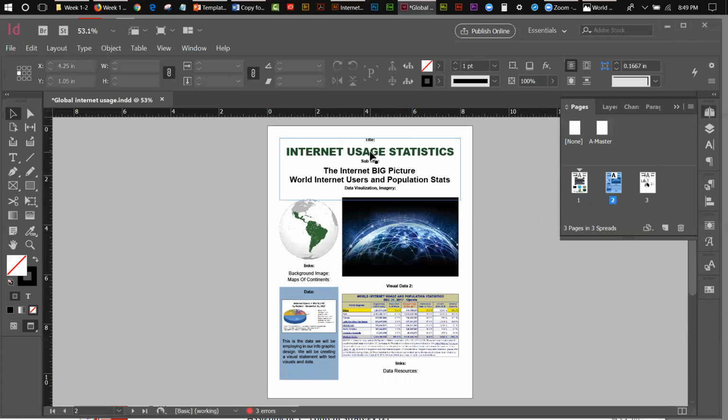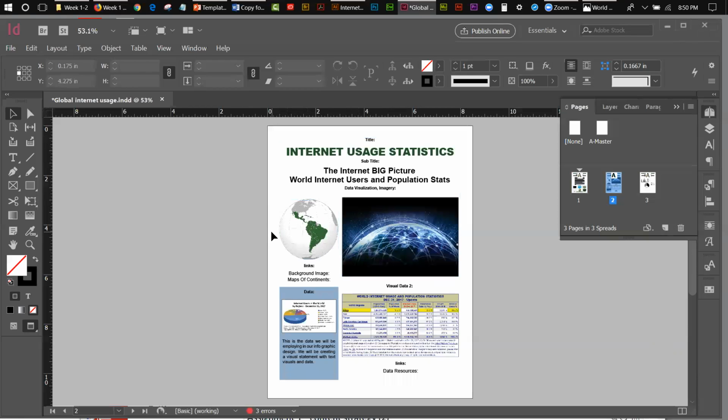I then went on to my second page, and on my second page, I simply repeated the title and the subtitle, and then under that, for data visualization imagery, I show a sample. Again, you don't have to repeat this. I just did it because I needed to fill some space, and I thought it would make a nice presentation. Then I show one of my charts. This is one of my maps showing the continents. We're dealing with very specific continents, so I went online and I created